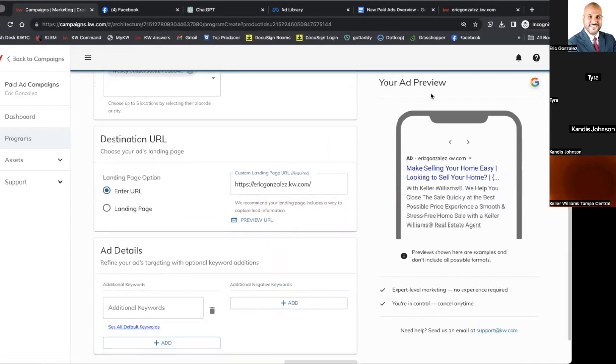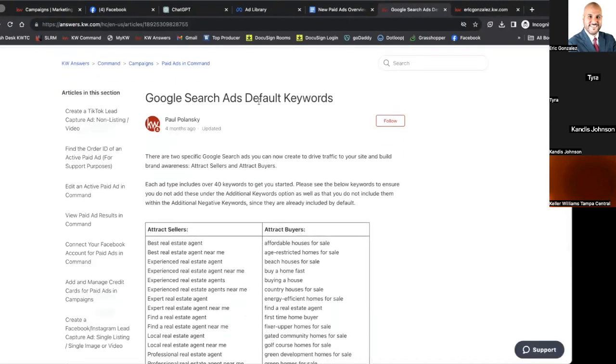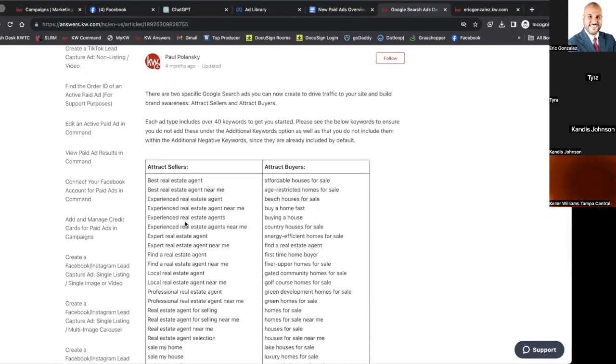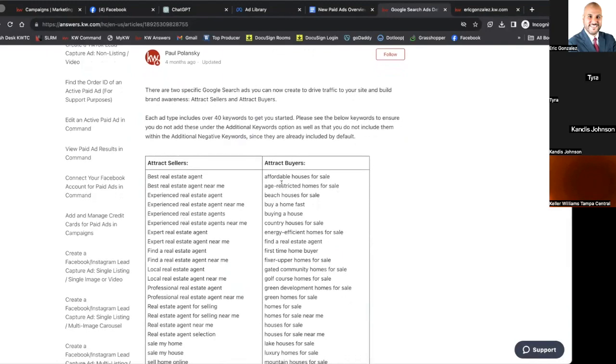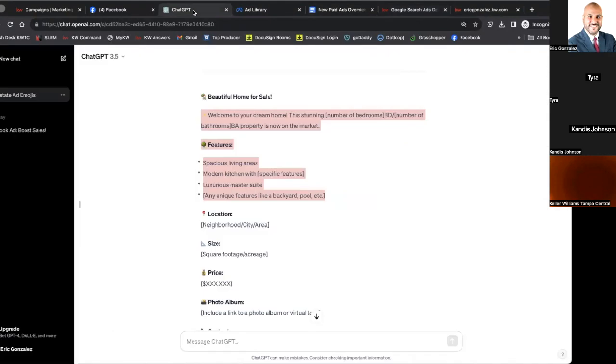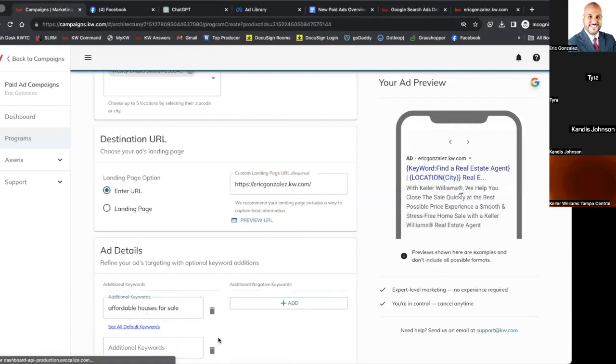So on the notes that I gave you, there are some URLs here. Some of these will give you the words like Google search ad default keywords. So the keywords you want to use to attract certain sellers or buyers. So this is what you would use in those examples to attract. So that means that if the person is searching for this type of stuff, your ad will pop up to them more relevant. So you can add that there. And then